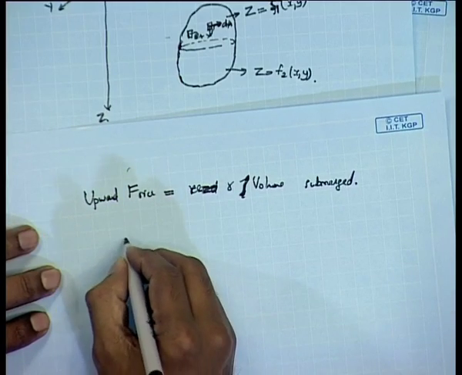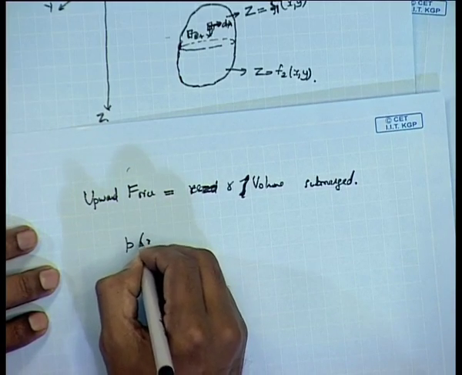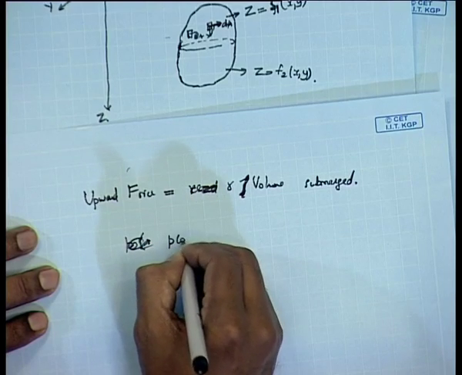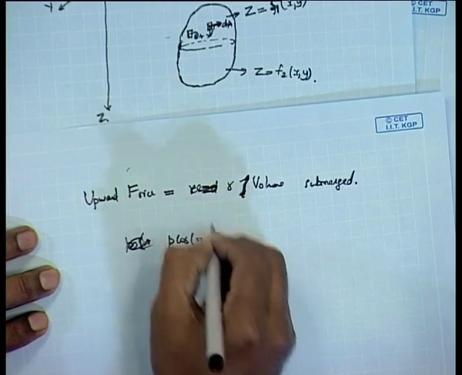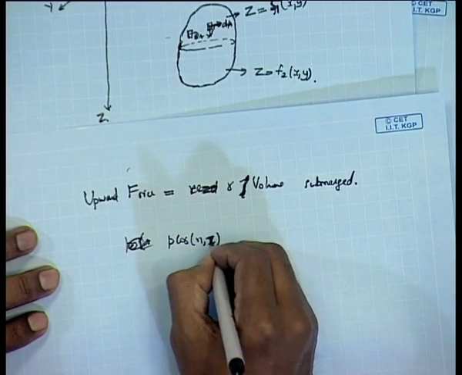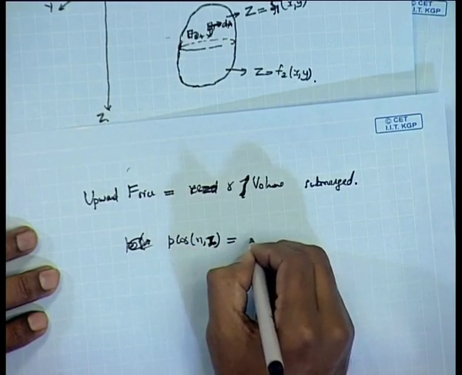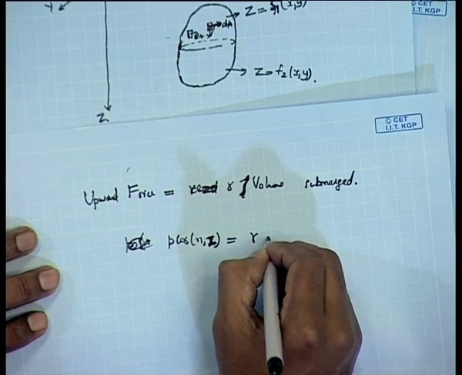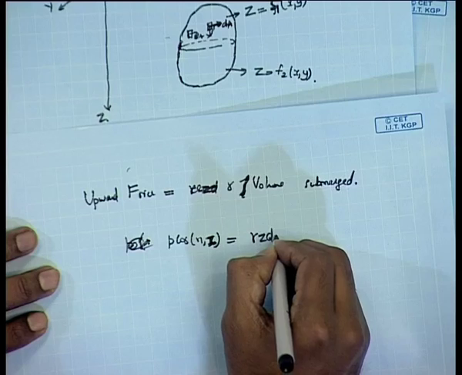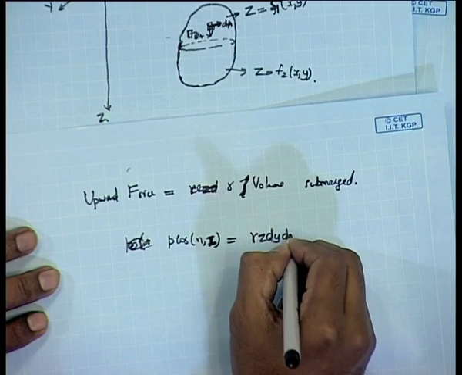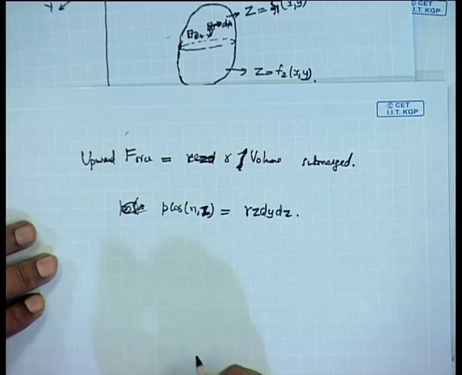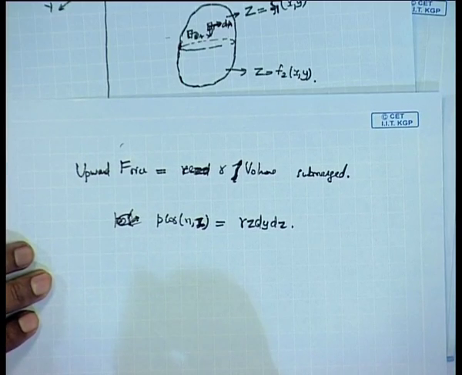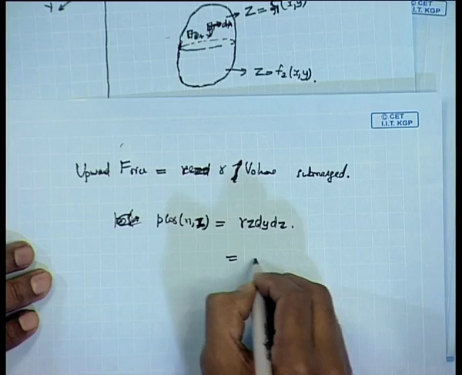So, that will give you p into cos of the angle between n and x, which will give you gamma into z dy dz. This is the horizontal force on one side, the other side the horizontal force will